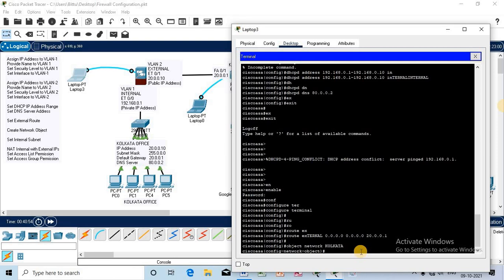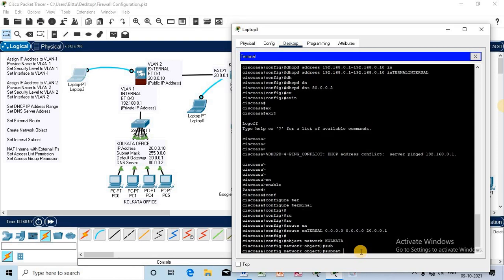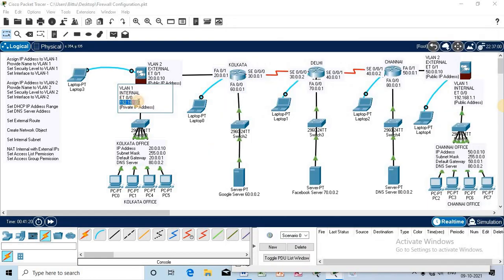You can observe the change in symbol in the interface. Now I will create the subnet for the object. Subnet followed by the private IP address. Only provide the network value. In the host position just provide 0. Remember, we need to provide the network address 192.168.0, and the host position is 0.